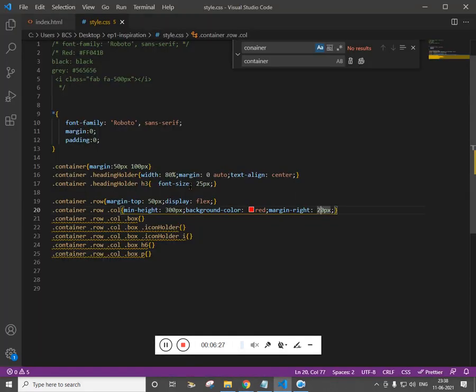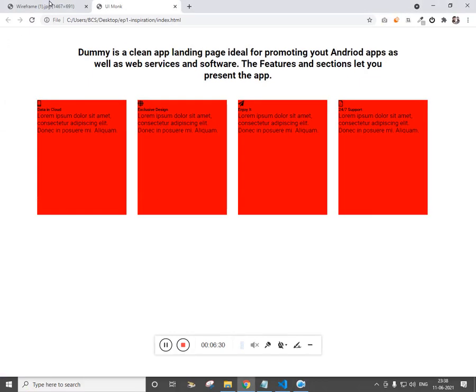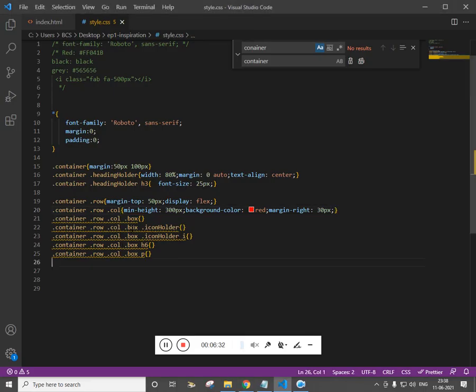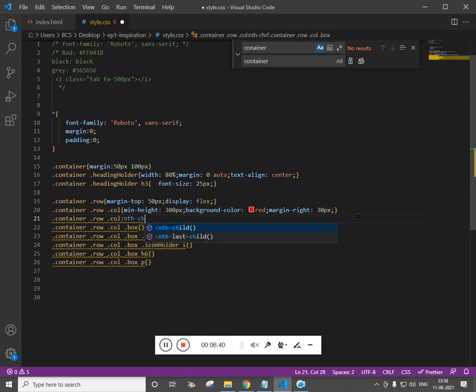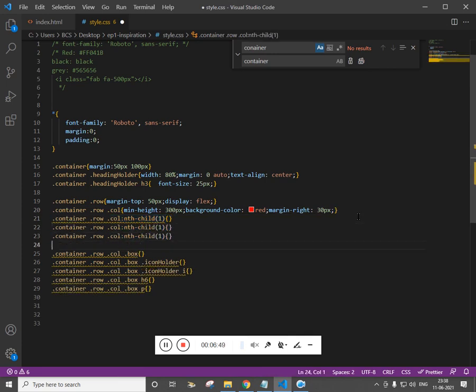Cool, I believe 30 pixel would make sense. Now let's take them individually. Colon nth child. This is first one, this is second, third, or fourth.